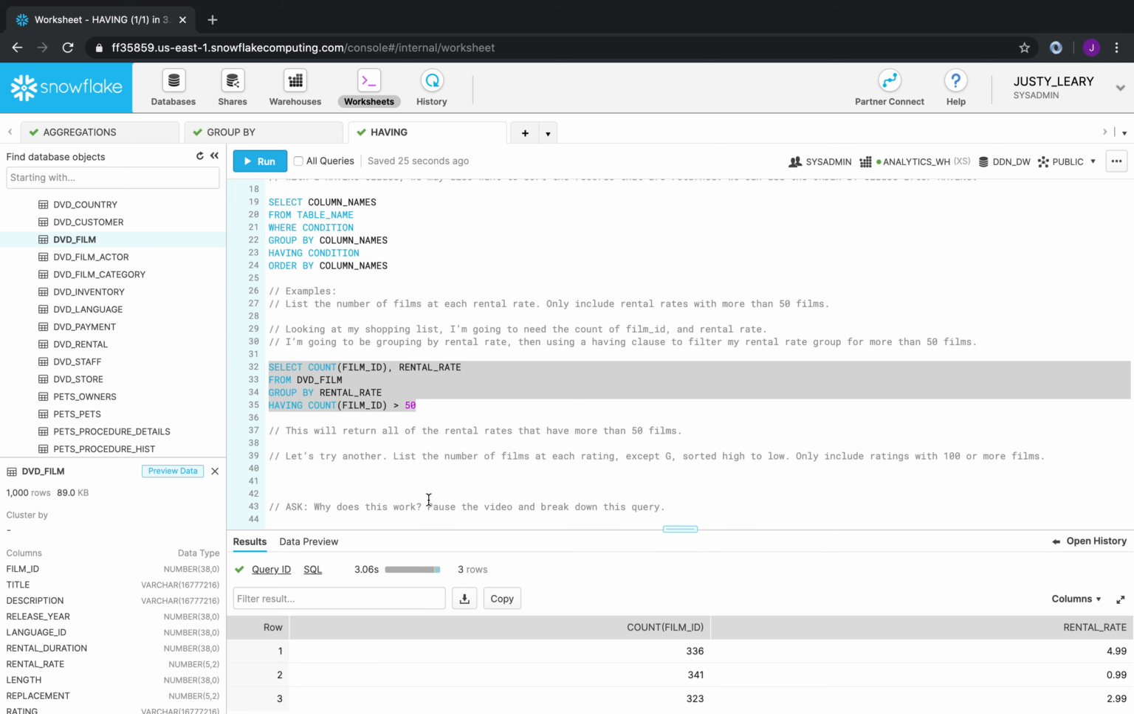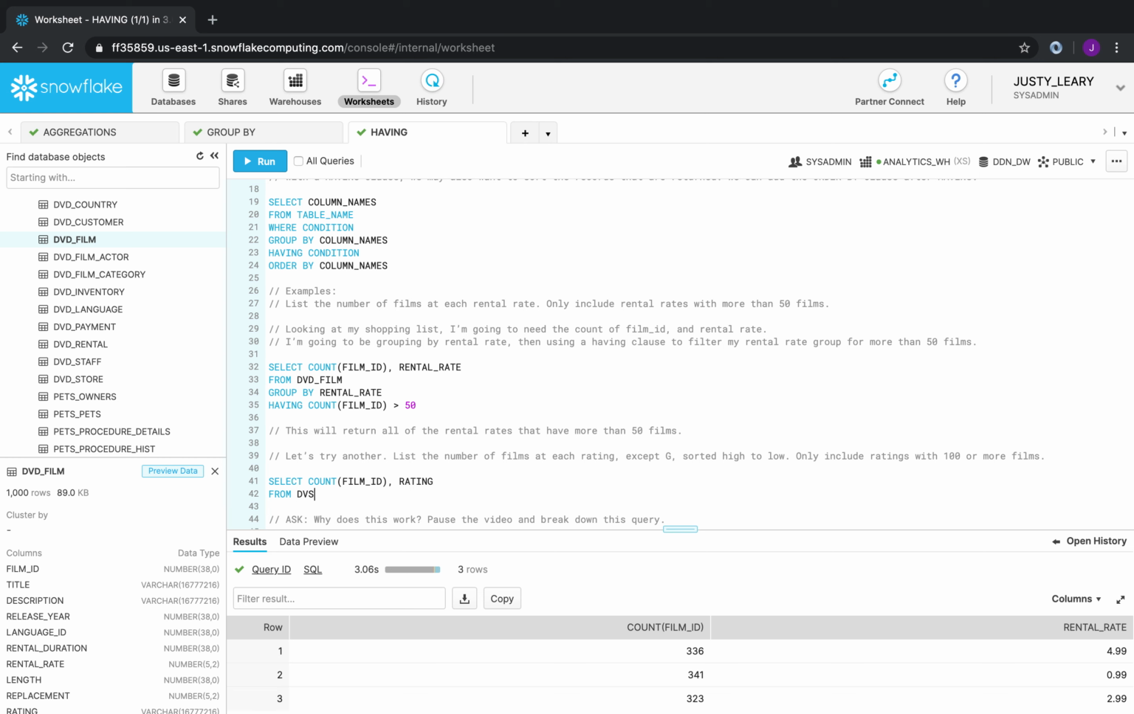Great. So let's try another example. Let's list the number of films at each rating, except G, and then sort it high to low. So we also only want to include ratings with 100 or more films. So when we're thinking about our shopping list, we need the count of the film ID and our rating. So just like our last query, select count of our film ID, and we're going to pull our rating. We're using the DVD film table, so from dvd_film,